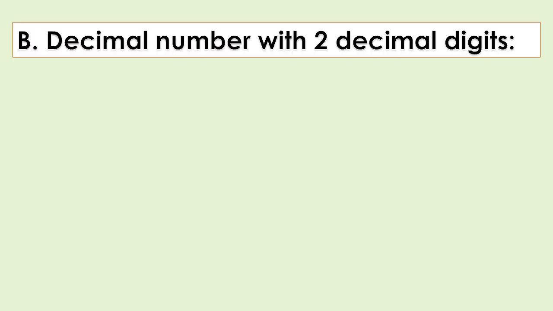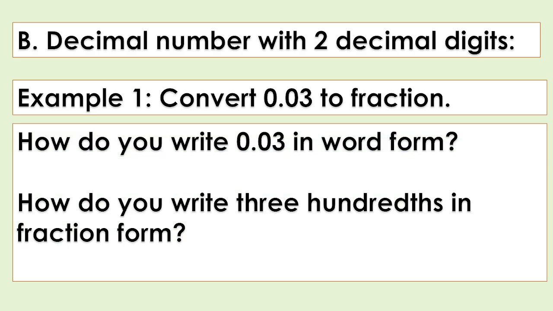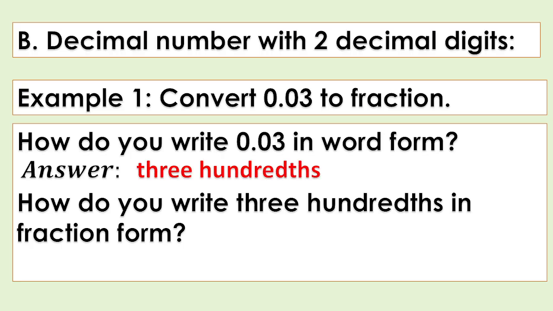Letter B. Decimal number with two decimal digits. Example 1. Convert 0.03 to fraction. How do you write 0.03 in word form? So we have here the answer, 3 hundredths. How do you write 0.03 in fraction form? So the answer is